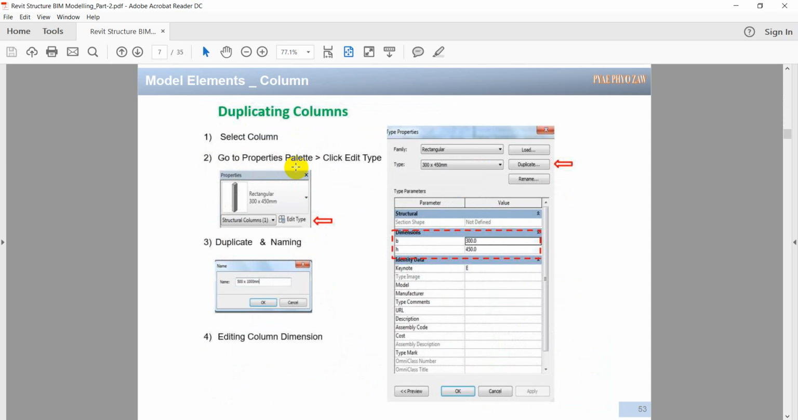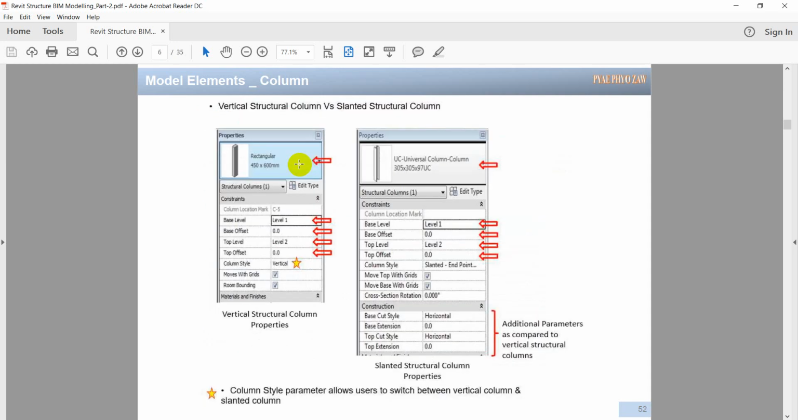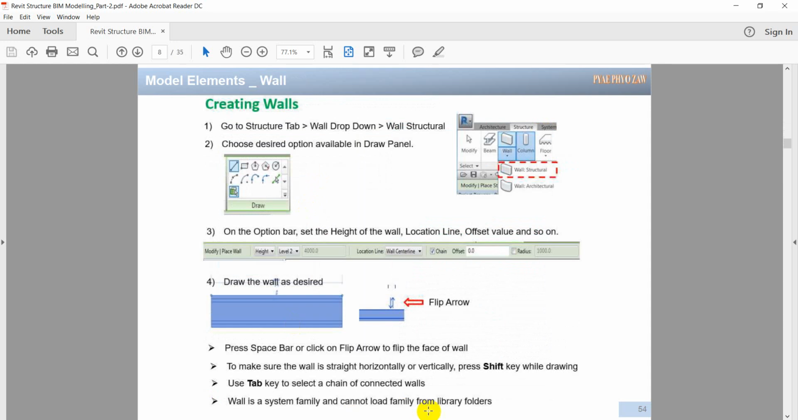Okay, but if the shape we want we don't have, we need to create the family. So now we